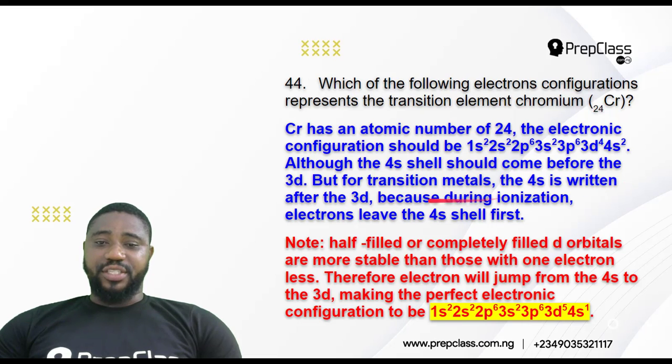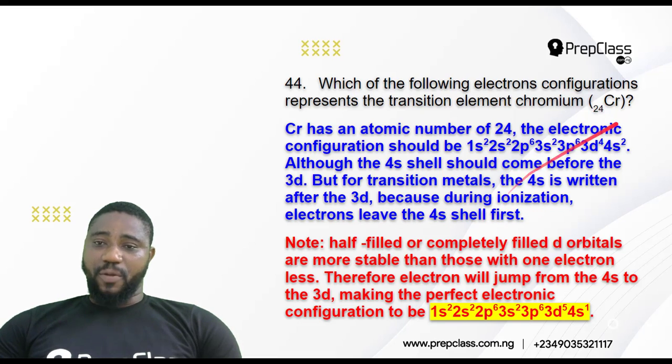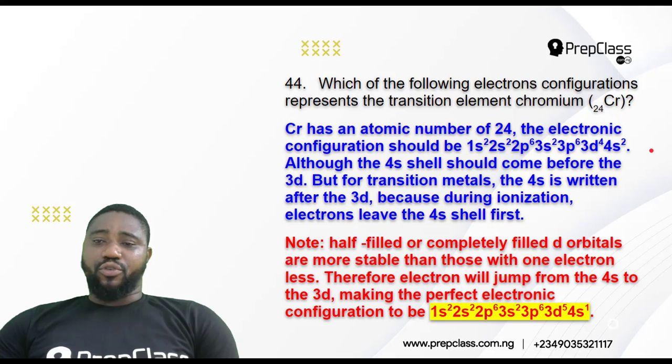So the 4s is written after the 3d, because during ionization electrons leave the 4s shell before the 3d shell. So we usually write this 4s shell last, after the 3d, for transition metals only, because during ionization, when the atom is going to the ionic state by donating electrons, electron will leave this s orbital before the d orbital. But the point here is that this will not be the electronic configuration of chromium, or this will not